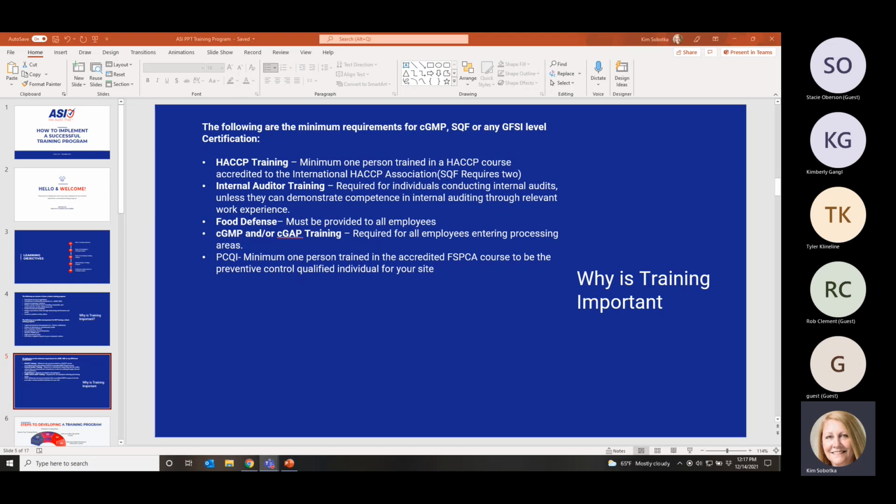I know that SQF mentions that, as well as our third-party GMP audit. But our auditors also understand that PCQI is very similar to HACCP training, and that HACCP training is actually covered. But what an auditor is going to look for in a second-party audit, third-party audit, or global level of audit is going to be the HACCP training, since that's the foundation for all of those types of audits.